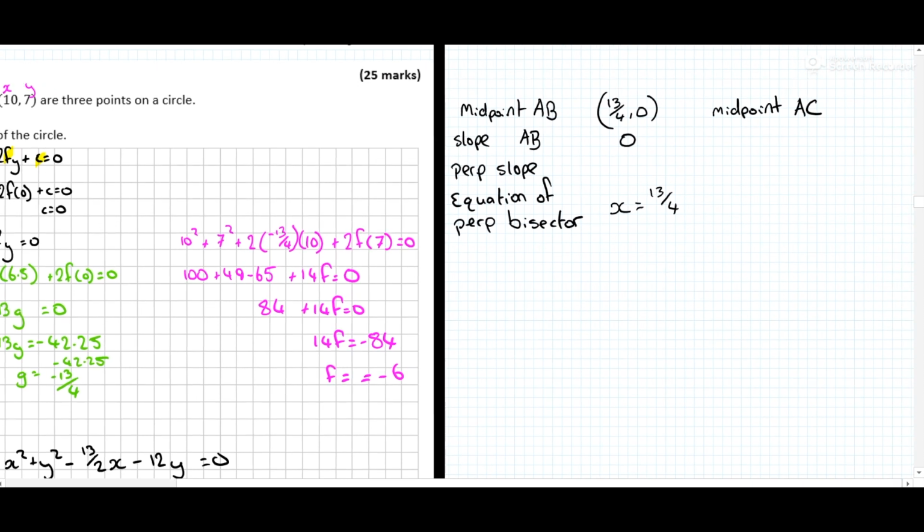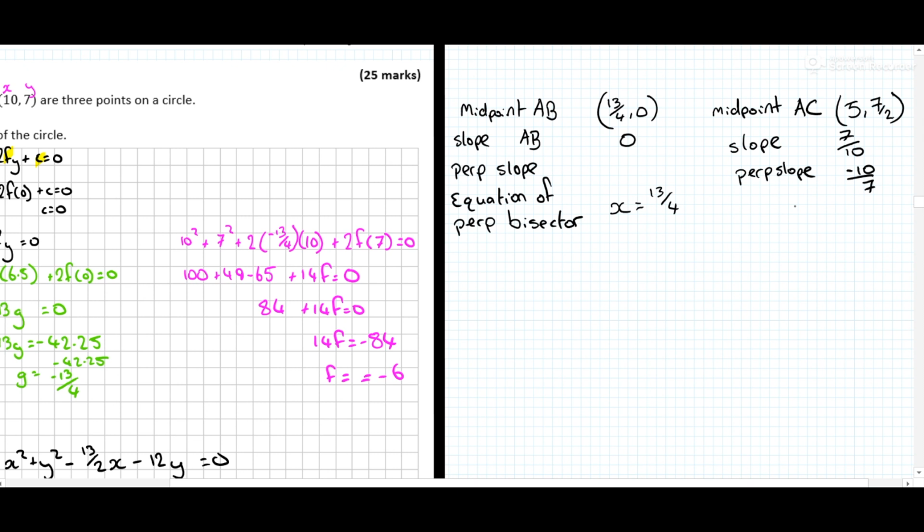Okay, midpoint of A to C is 5, 7 over 2. I'm just going to hurry through that because I'm sure you can use the midpoint formula. We need to find the slope of AC. Again, using the slope formula, we can get the slope of AC is 7 over 10. The perpendicular slope